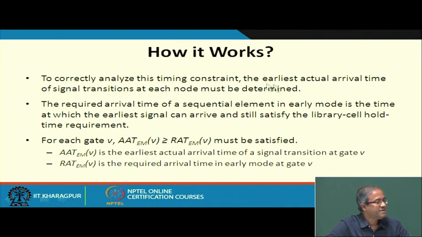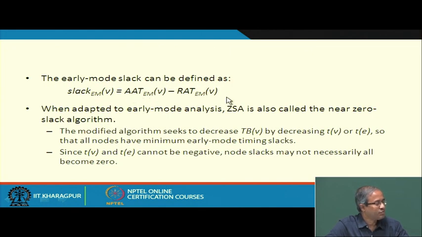Here the earliest actual arrival time must be determined, not the latest. Normally, when you look at the setup constraints, we look at the latest arrival times, but for hold constraints, we look at the shortest paths, the earliest arrival times. So, with respect to this, we will have to satisfy that the actual arrival time in the early mode must be greater than or equal to the required arrival time. Here it is greater than or equal to, right. So, you will have to satisfy this, because for hold time constraints AAT can never be less than this. So, slack you can calculate similarly,